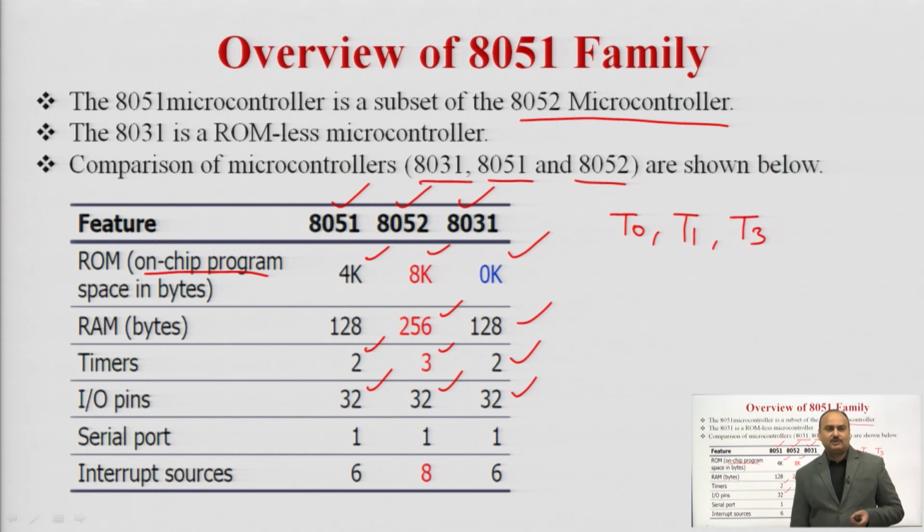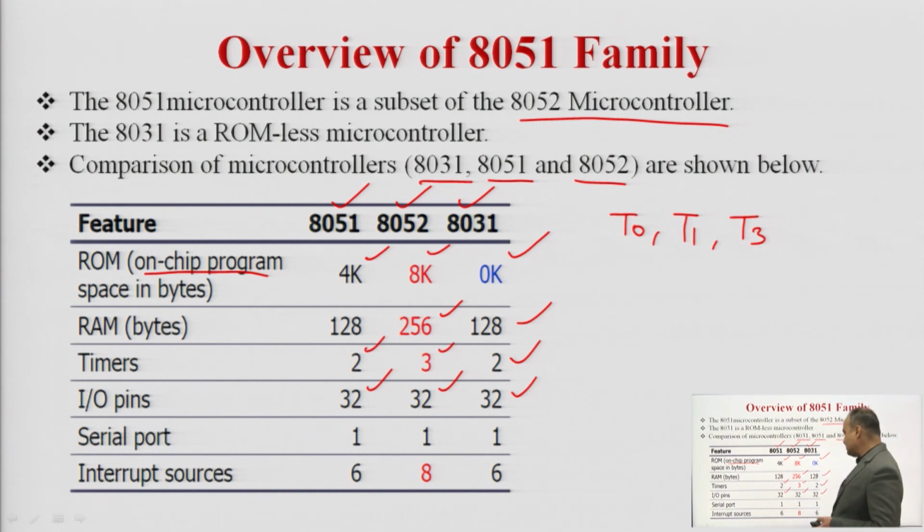The input output pins are used to connect input and output devices. We have 4 ports, port P0, port P1, port P2 and port P3. Each port is 8 bit. That is why we have 32 input output pins, which can be configured as an input pin or output pin to connect either an input device or an output device.